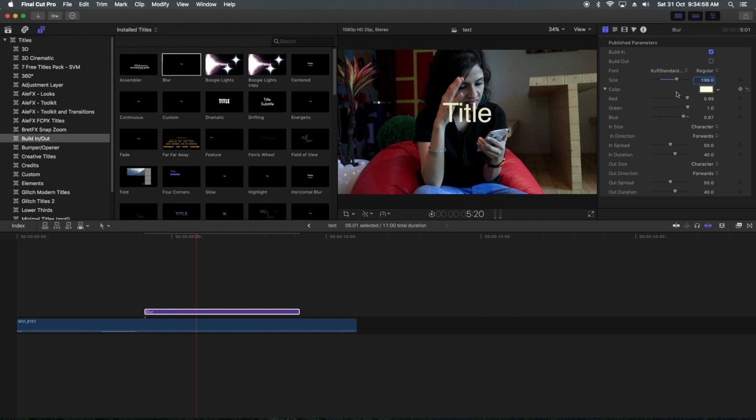Okay, if I change the percentage, this you will come to know when we work on colors. When we work on color grading, I'll let you know how effectively we use this information. But if I change the percentage of red in this title, it will change color.